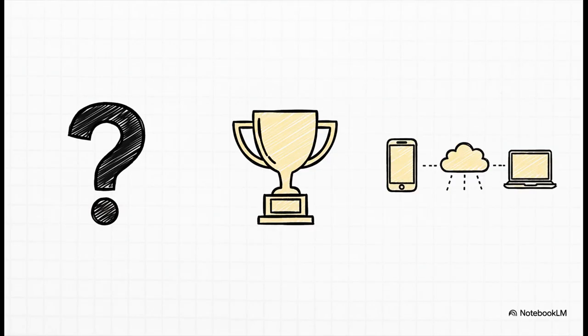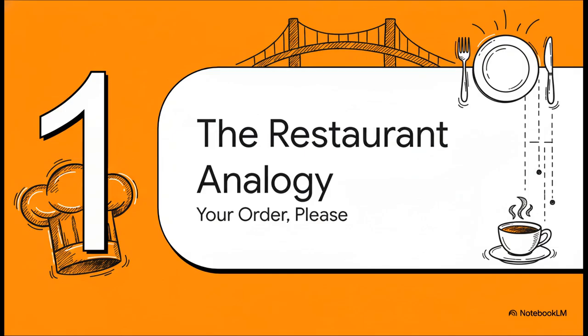So in this explainer, we're going to pull back the curtain on this thing for good. We're going to talk about what an API actually is, why it's become one of the most crucial concepts in all of technology, and we'll show you how it's kind of secretly running your entire digital life. And you know what? The best way to get your head around this tech concept has absolutely nothing to do with code. Nope. It all starts in a restaurant. In this simple analogy, it's the key to unlocking everything else.